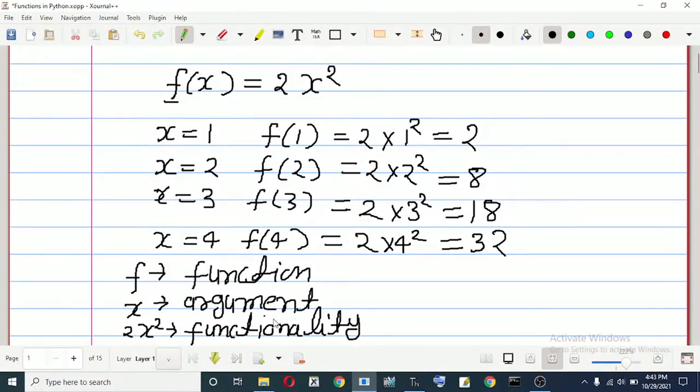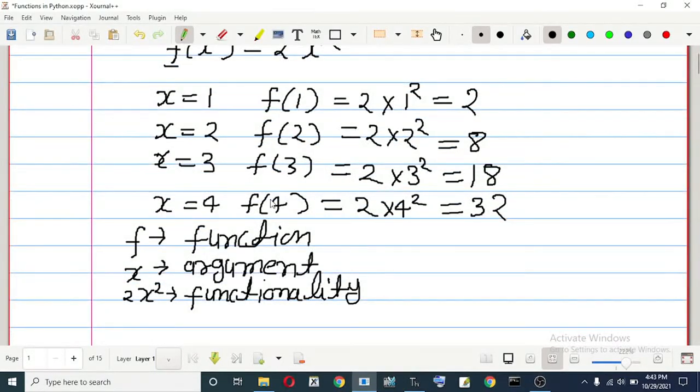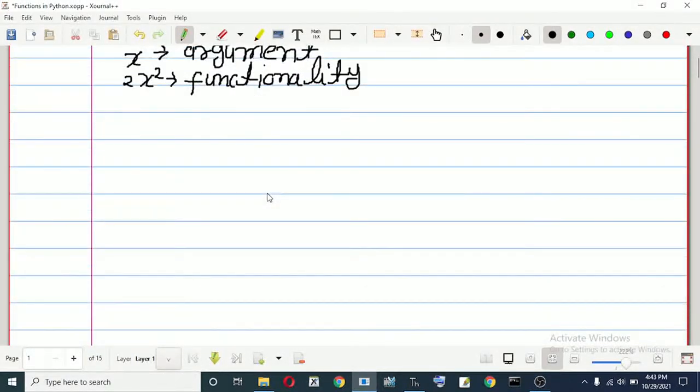In a similar way, you can also define a function in Python. Taking the concept from mathematics, we are going to define a function in Python.